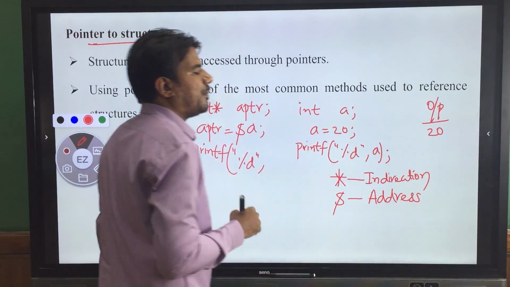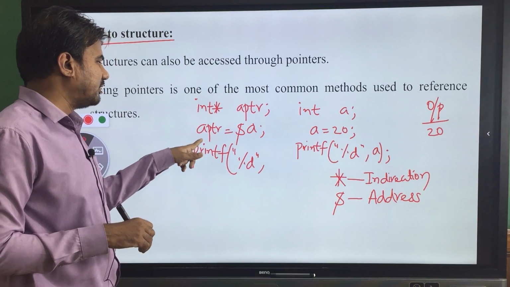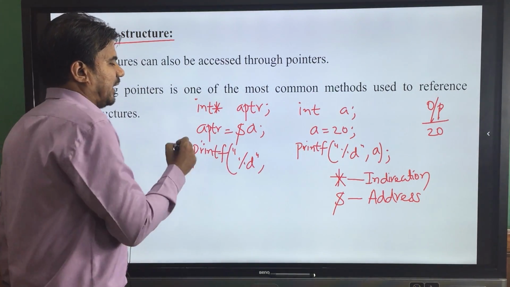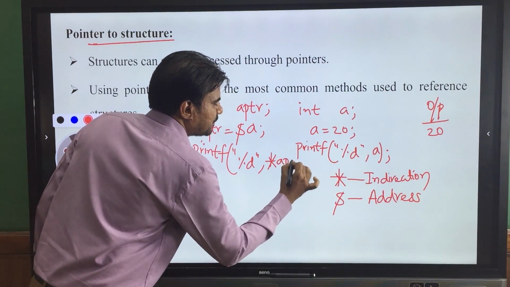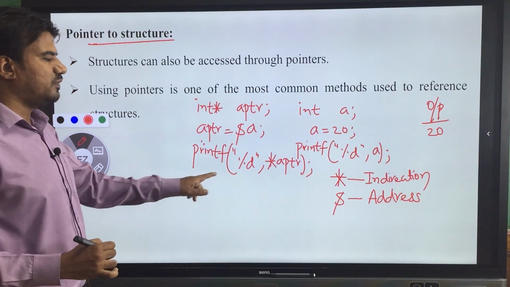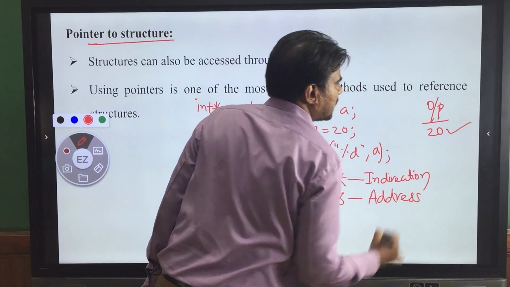These two are operators only. So now what I am doing is performing the indirection on the address. If you apply the indirection, you will get the value. So that is star aptr, like this, star aptr. Close this one. So what will you get here? Here also you will get the value 20 on the output screen.